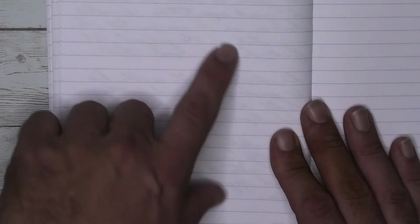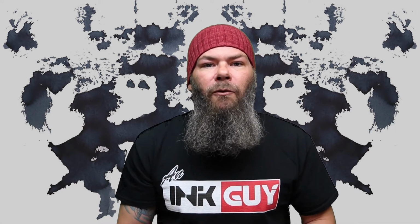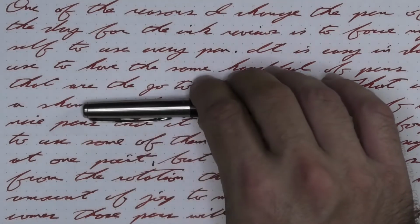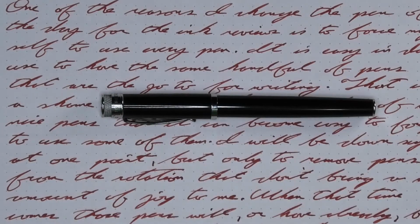Looking at the back of the page, we see almost no ghosting and no bleed through. To have a range of experience, all of the writing samples are done with a Jinhao 51A with a fine nib, a Parker Jotter with a medium nib, a Retro 51 Tornado with a broad nib,